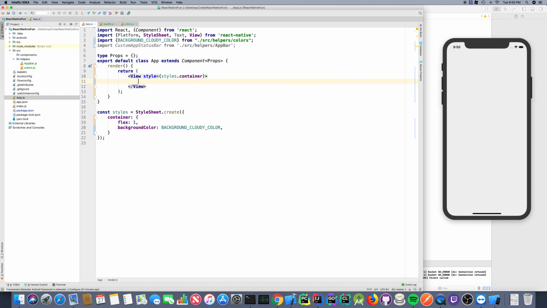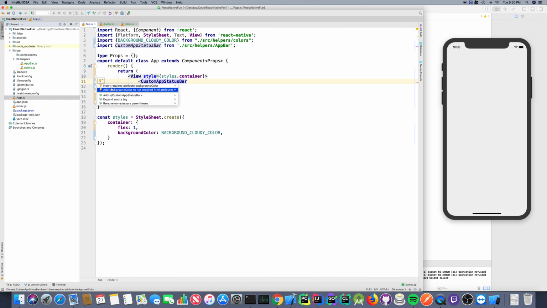Few things we need to pass in, because if you use IntelliJ or something, it will tell you what you need to do, and in our case we need to insert required attribute background color, which is status bar color. So we got status bar color here, and one more thing we want to pass in is bar style